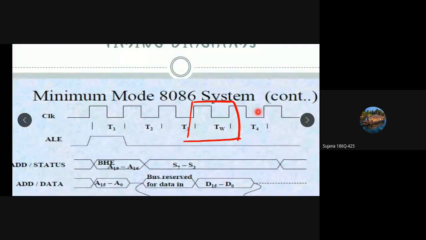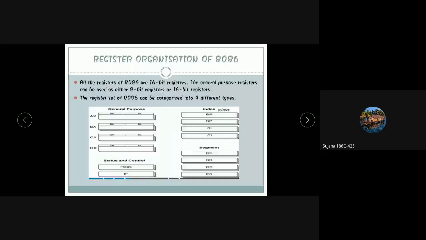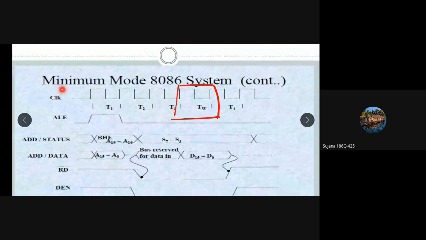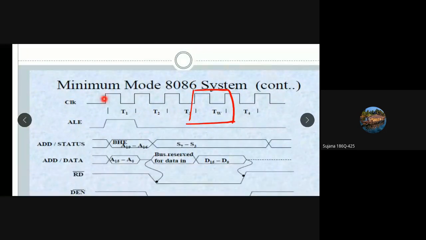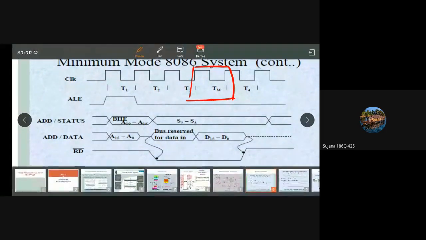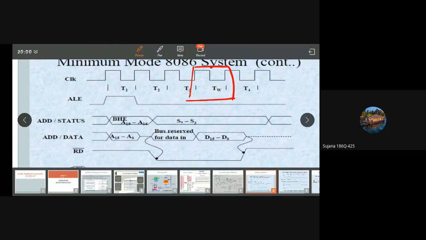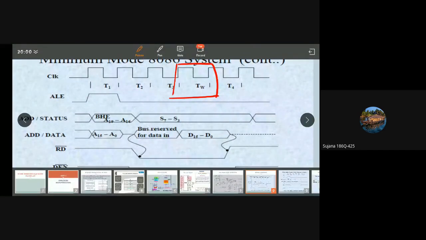You can see a clock signal here. This is your clock signal. You can see the pointer, right? So this is your clock diagram. Clock signal is nothing but a simple square pulse. You have four states: T1, T2, T3 and T4. In between T3 and T4, you have a wait state. So this is your wait state; the wait state will act in between T3 and T4.